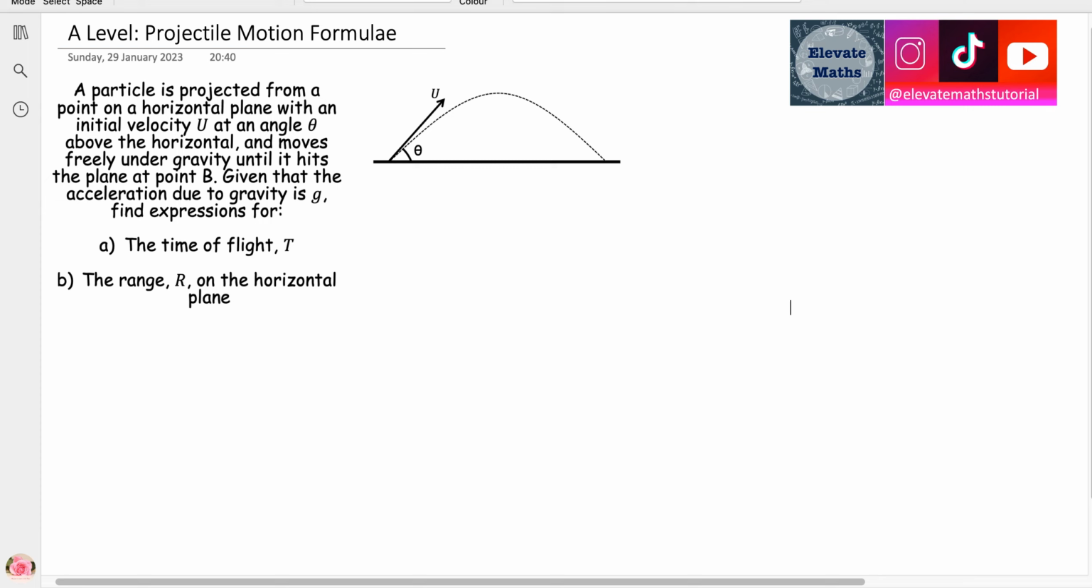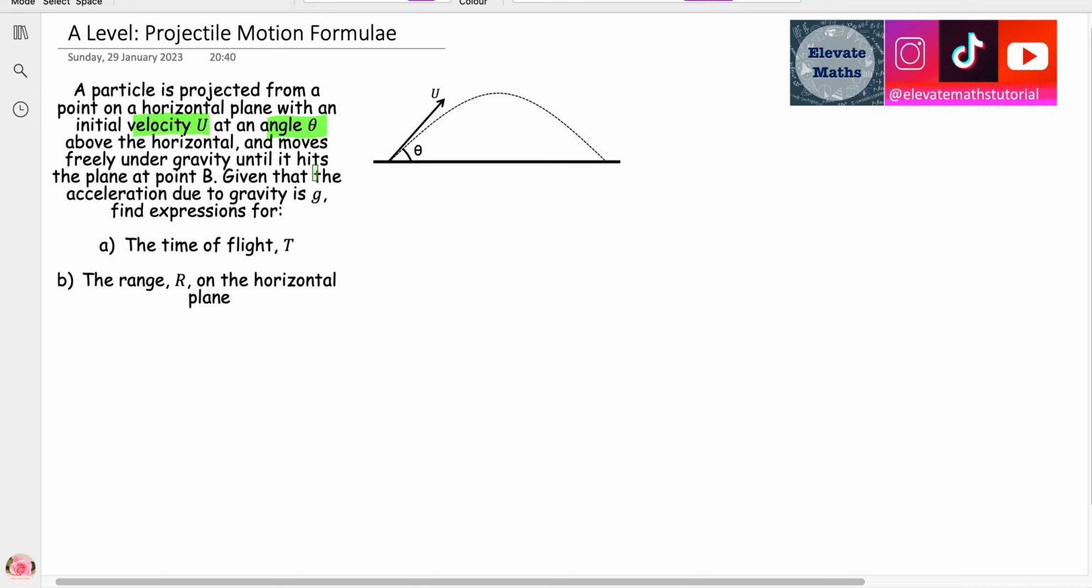So this is the A-level projectile motion formulae section. It's from mechanics, and this is the last section of projectiles. Okay, so a particle is projected from a point on a horizontal plane with an initial velocity of u at